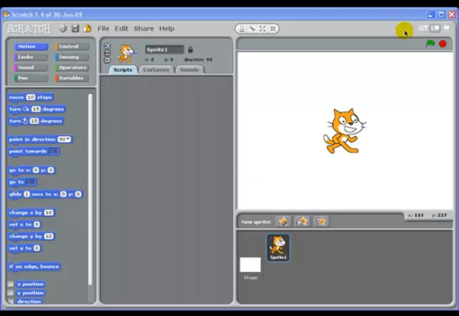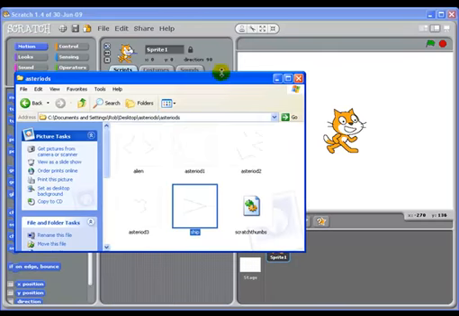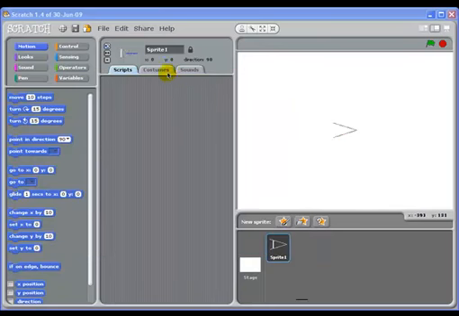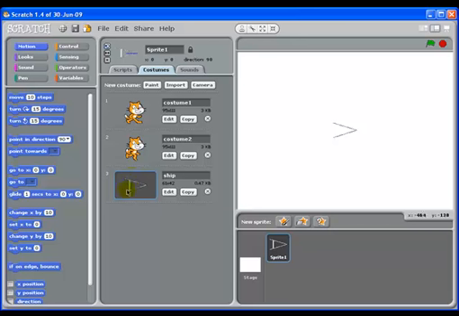The first things you have to do once you've opened Scratch is to download some Asteroid graphics from the web. Once you've done that, if you're a little lazy like me, one quick way of importing graphics rather than going to the costume and importing it that way is to have your sprite selected and then to drag it onto the actual screen. Now by doing that, if I now go to costumes, you'll see that it has loaded that